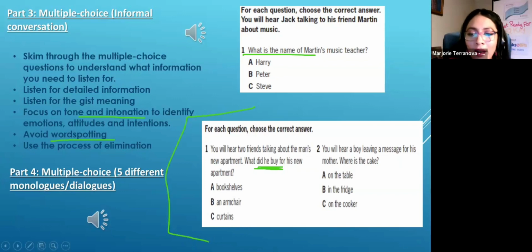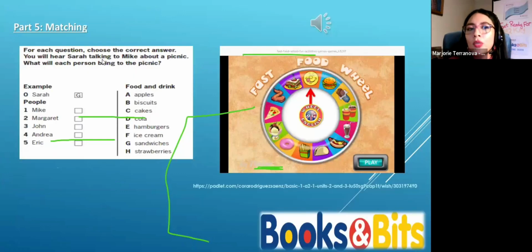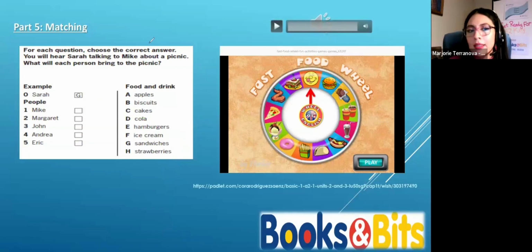Sorry if I go kind of fast, but I want to go to this topic here, because here I have an exercise that I would also recommend using for your classes. The last topic of the listening is matching. You're going to hear a conversation generally between 2 people, and you're always going to have words that come from